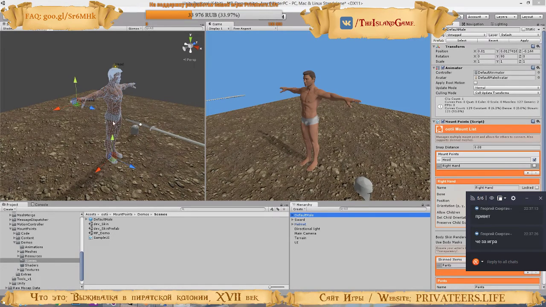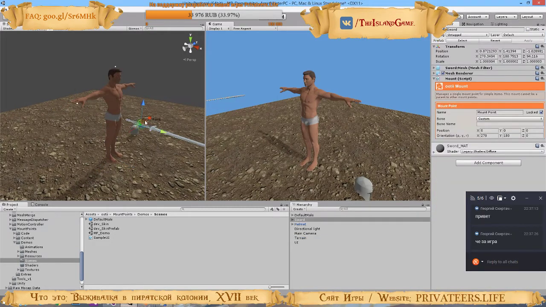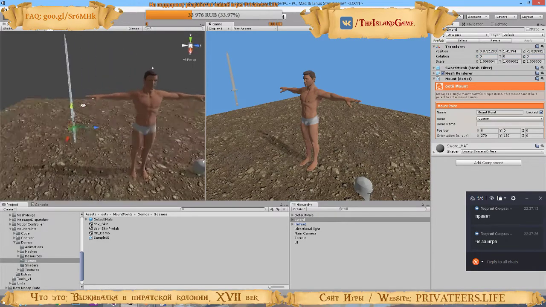Mount points allow you to connect objects together and basically snap them together in the editor, or even at runtime through code. And so let's say we've got a sword here, and in this case I've already put a mount point on it. We use one component here, and let's say when this sword was created, as it was in this one, that it's created in this